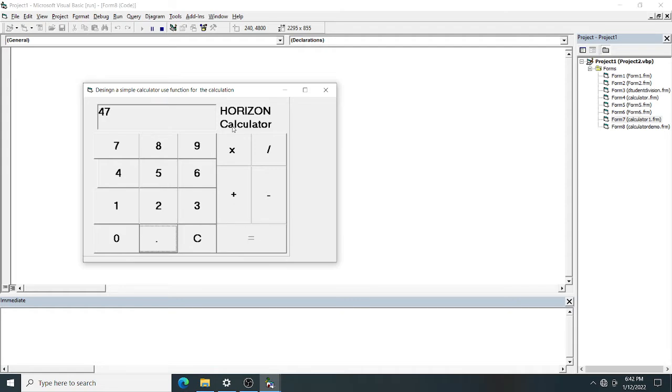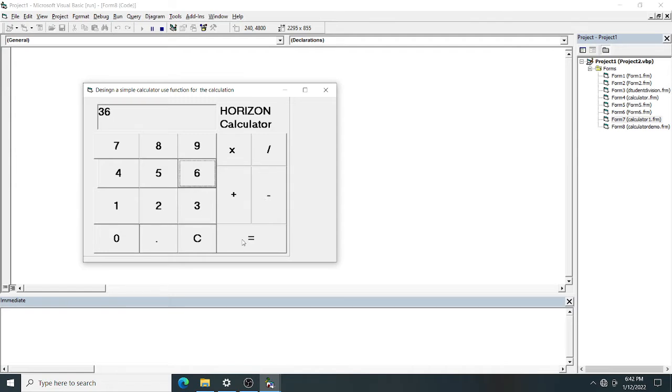What you are getting is your result, and this result will be your operand. That means after calculation, pressing equal, you will get your result here in the display screen. After that the equal sign will get disabled. This button has to be disabled. When I click on any one of the operators, then only it is going to be enabled. Suppose minus